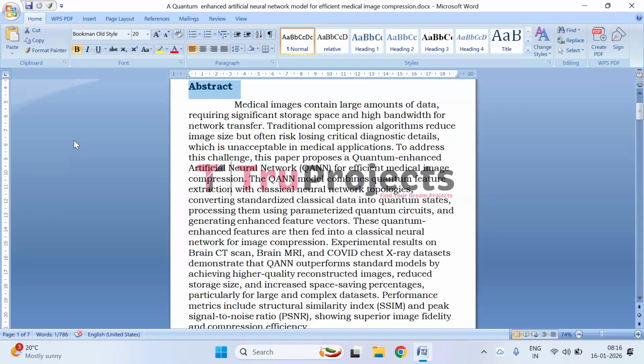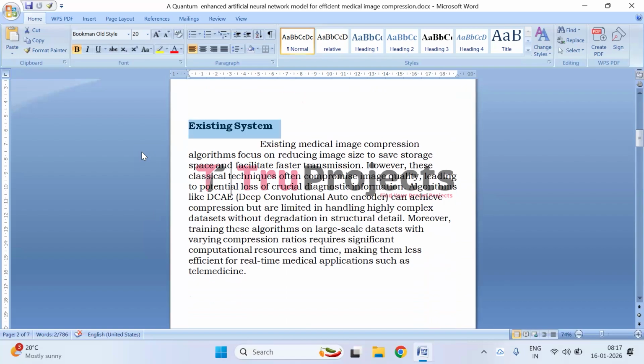Experimental evaluation on brain CT, brain MRI, and COVID chest X-ray datasets shows that the QANN approach produces high quality reconstructed images while significantly reducing storage requirements. The improved performance is validated using SSIM and PSNR metrics, demonstrating better image fidelity and superior compression efficiency compared to traditional models. Coming to the existing system, the existing medical image compression systems primarily rely on classical compression algorithms to